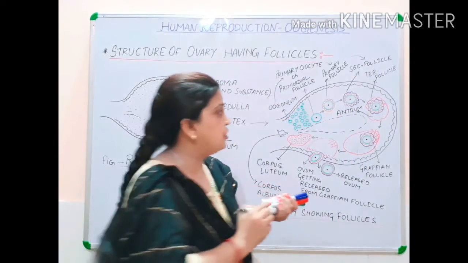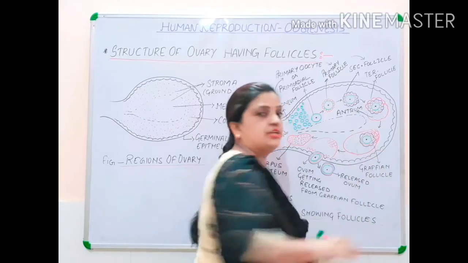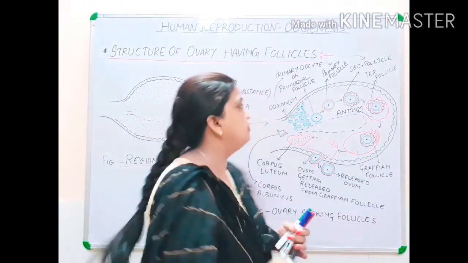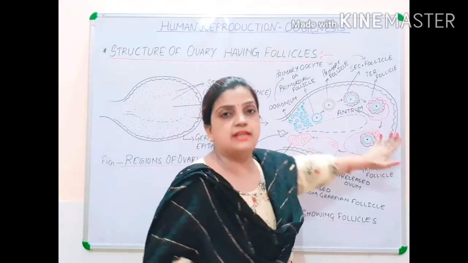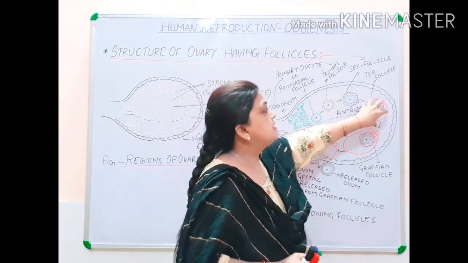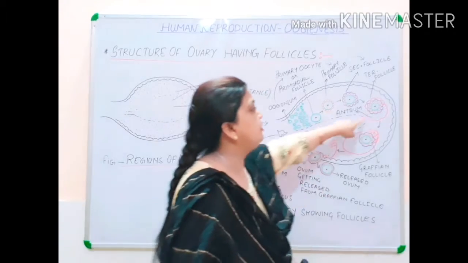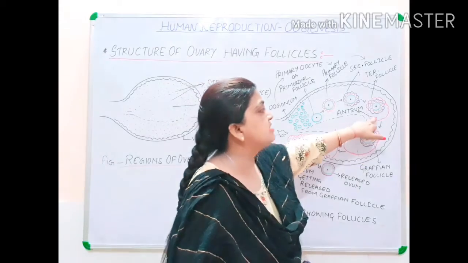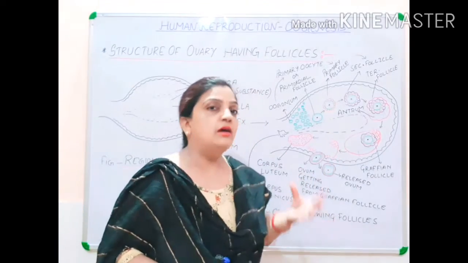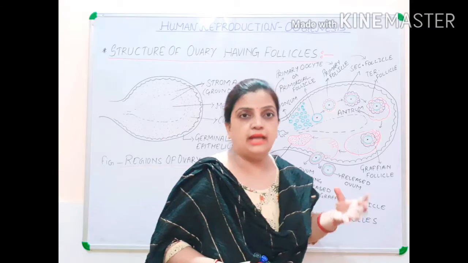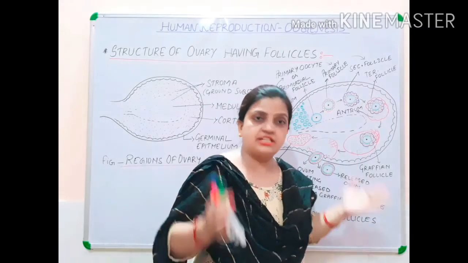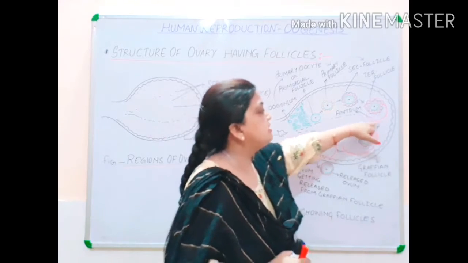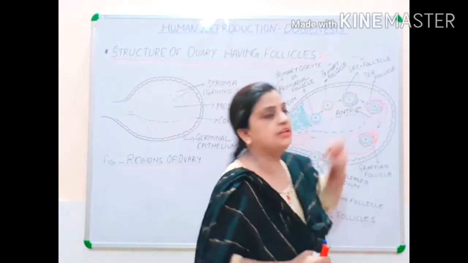Now children, this structure I will be explaining in more detail now. You understand that this is a developed structure now, where your antrum, an empty space, has been created, and this space is filled up by a fluid called liquor folliculi. Now in the descriptive diagram, I will be showing it. So here again this space is created. So this is your tertiary follicle.